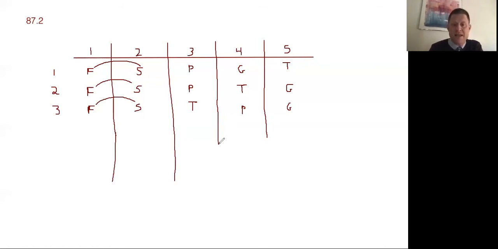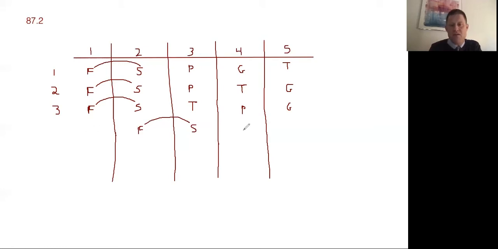All right, now that might seem like we're going to get a lot of game boards here, but there's already hints that that's not the case, chiefly the fact that when we move F and S across, they have to still be before T, so they can't go all the way to the right. And as they move across, they're going to limit T's position. In other words, T here can only be 4 or 5. Right, now notice, think about P and G here. Well, we then know that